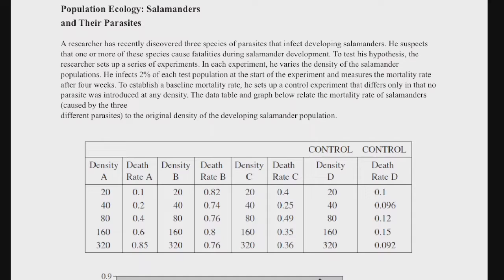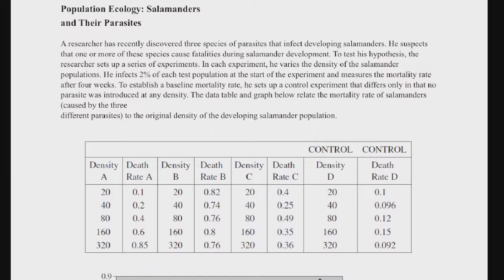Okay, so we're going to use salamanders and their parasites for the first part of this exercise. A researcher has recently discovered 3 species of parasites that infect developing salamanders. He suspects that one or more of these species cause fatalities during salamander development. To test his hypothesis, the researcher sets up a series of experiments. In each experiment, he varies the density of the salamander